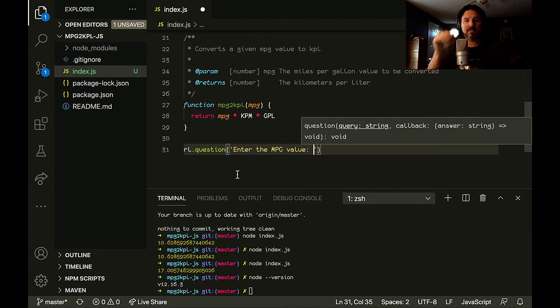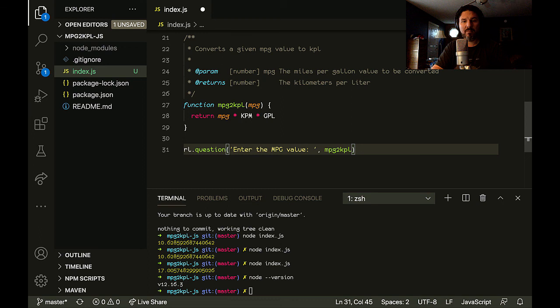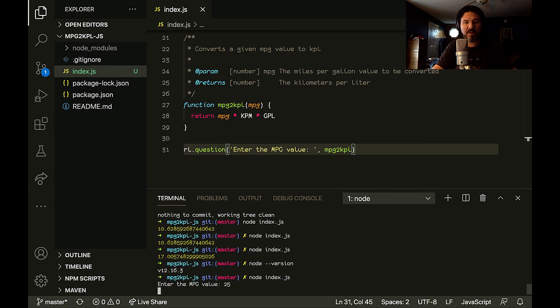In this case, we might be able to do it this way. We can just pass mpgToKpl. Will that work? I don't know if this is going to work. Let's try it. I'm going to save that and do node index.js. It says enter the MPG value. I'm going to type 25, hit enter,